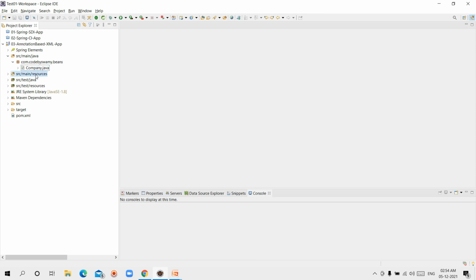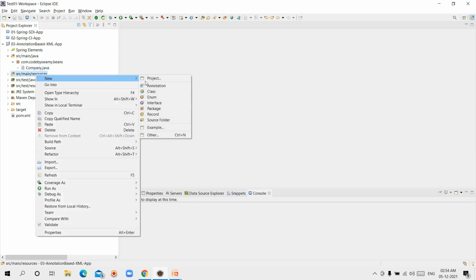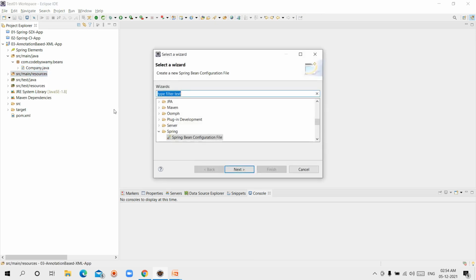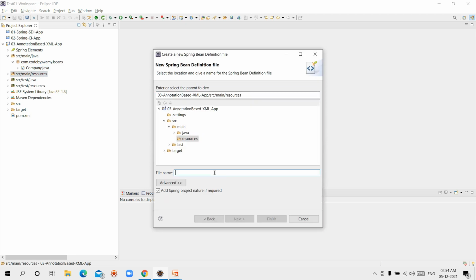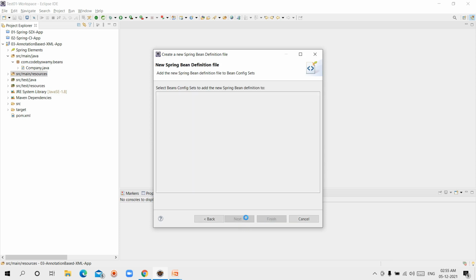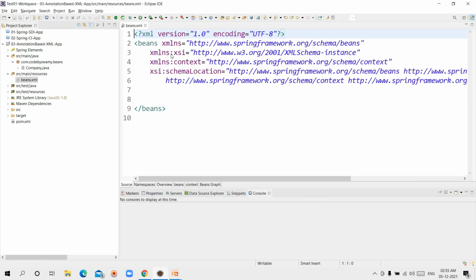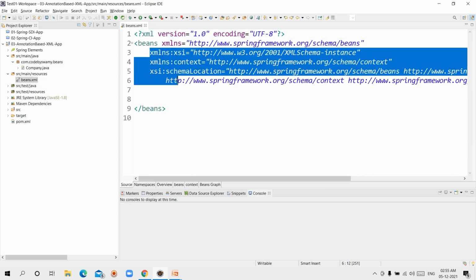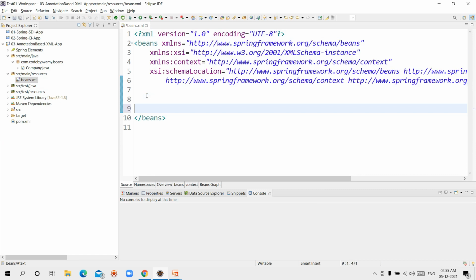Next, go to src/main/resources. In that, create an XML file, a Spring Bean configuration file. I am creating the beans.xml file. Click next. Choose the beans and context namespaces. Next, finish. The beans.xml file has been created along with the schema.